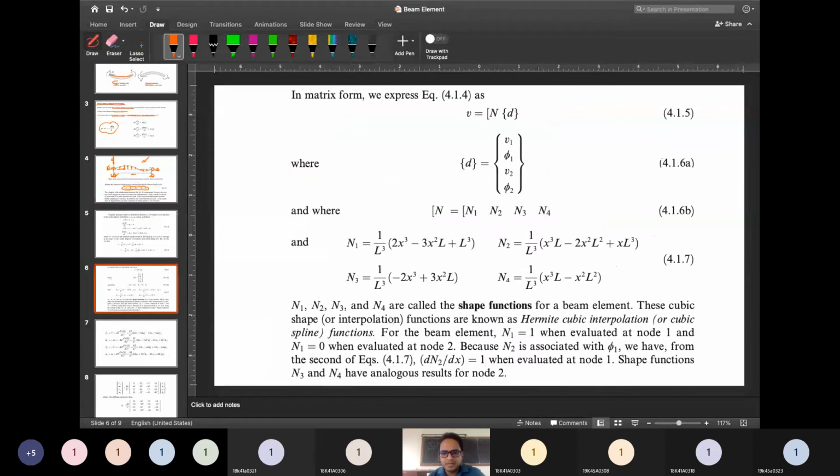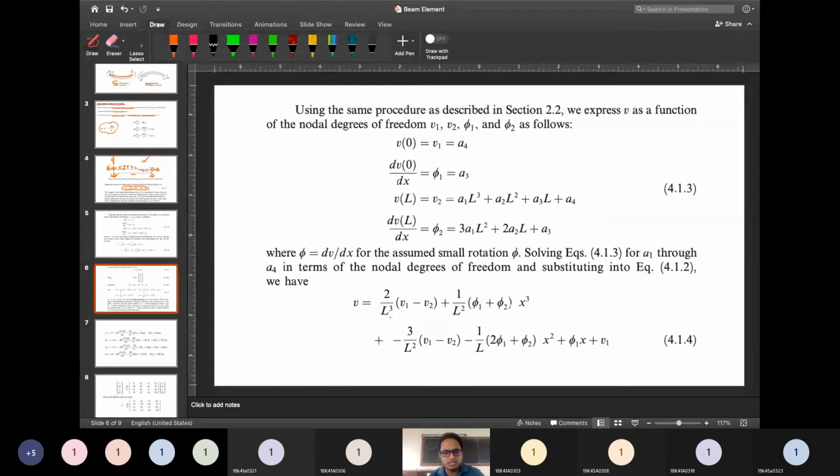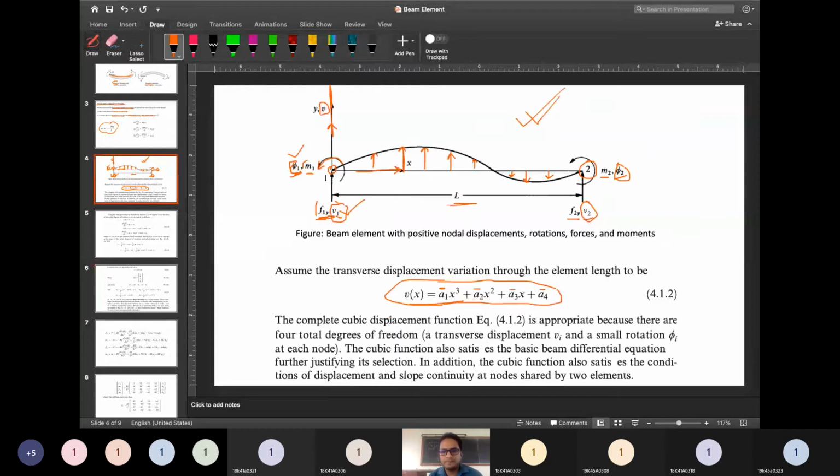Now, the complete cubic displacement function is appropriate because there are total 4 degrees of freedom, transverse displacement Vi and a small rotation phi i at each node. The cubic function also satisfies this basic beam differential equation, further justifying its selection. In addition, this cubic function also satisfies the condition of displacement and slope continuity at nodes shared between 2 elements. Okay, so you have to draw this diagram and you have to write this equation, and thereafter you have to